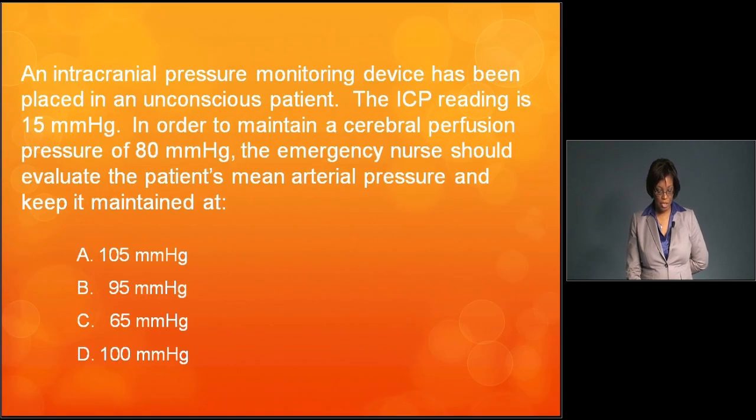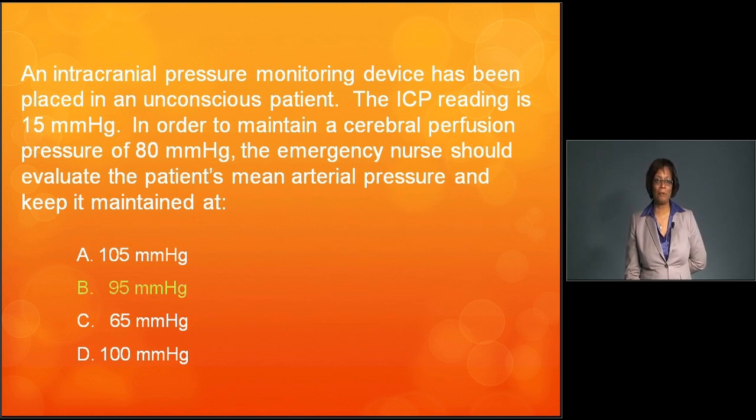An intracranial pressure monitoring device has been placed in an unconscious patient. The ICP reading is 15 millimeters of mercury. In order to maintain a cerebral perfusion pressure of 80, the emergency nurse should evaluate the patient's MAP, mean arterial pressure, and keep it maintained at, so the answer here would be 95, because remember your